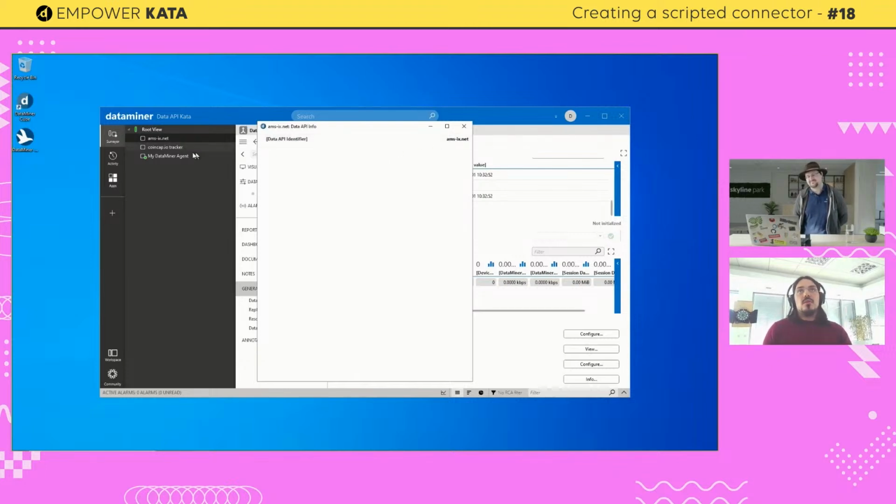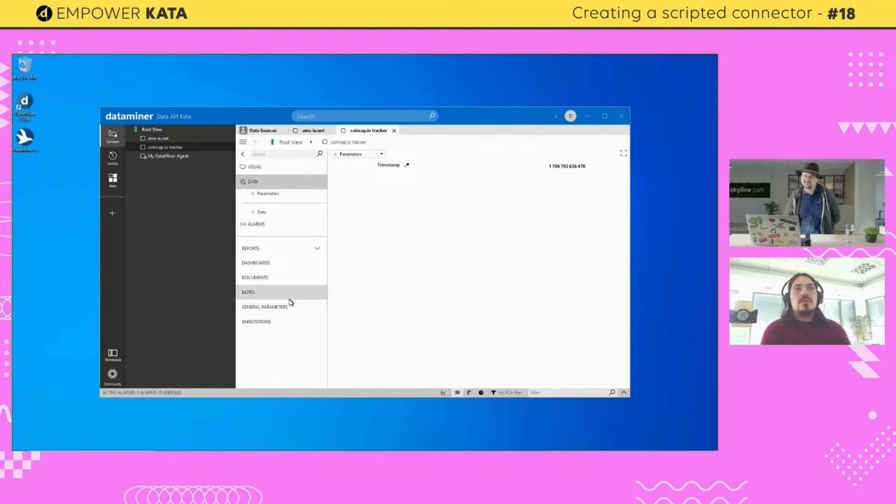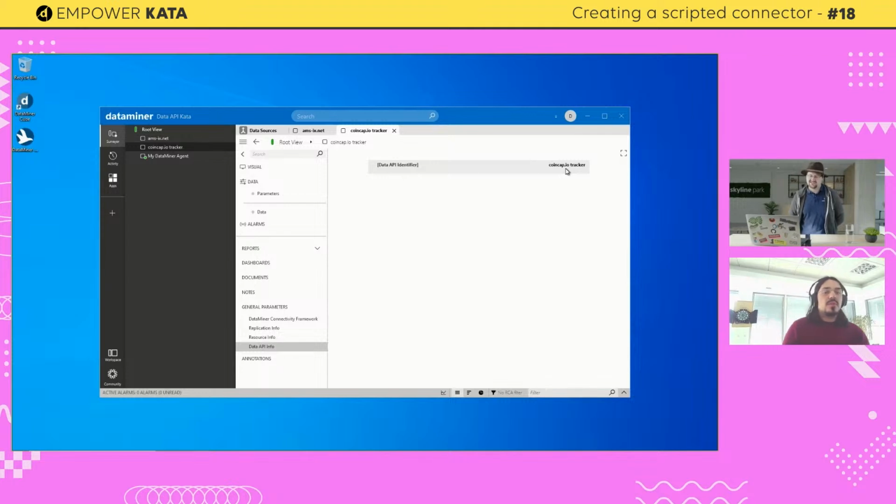In the coin cap, you'll see, let me just close this one, we'll have a different identifier. Yeah, I'm guessing it's a coin cap tracker. What is this? It's so you can group together. Imagine that, let's say for argument's sake, you're monitoring all your water meters in your properties.